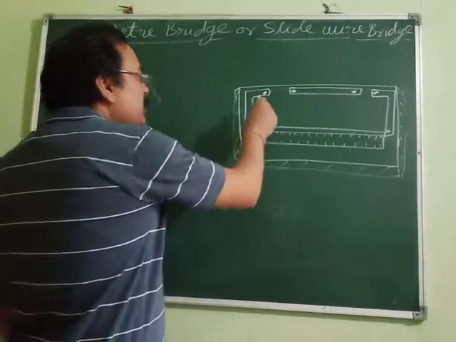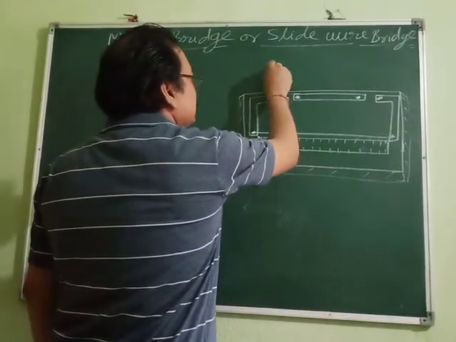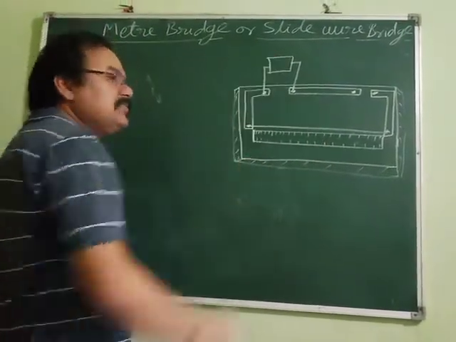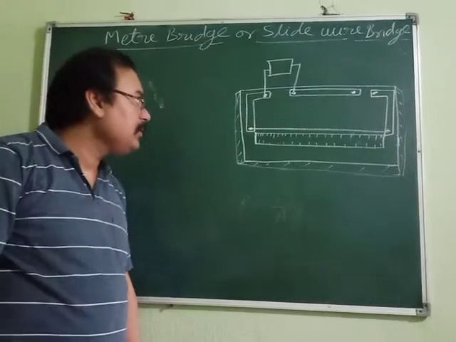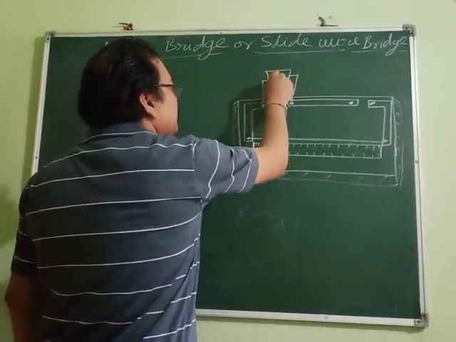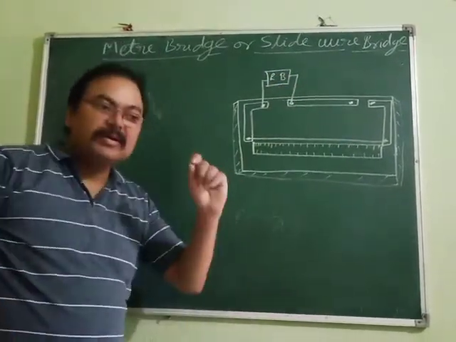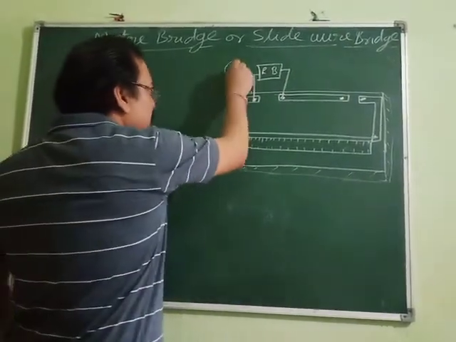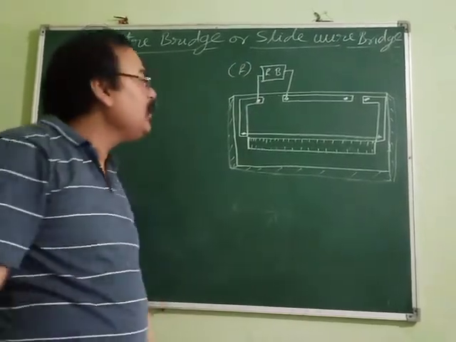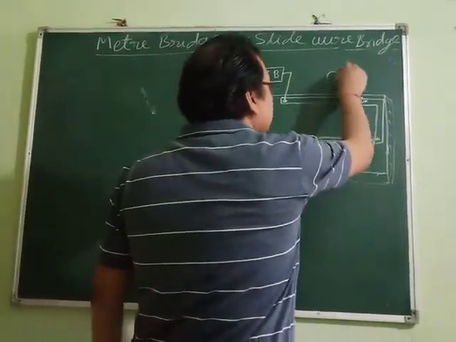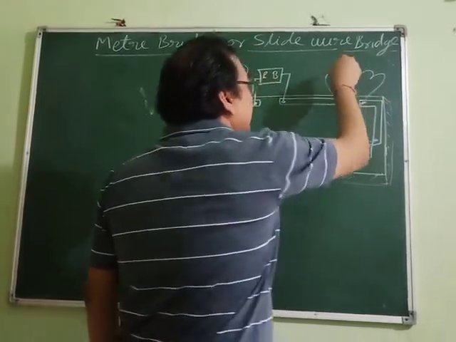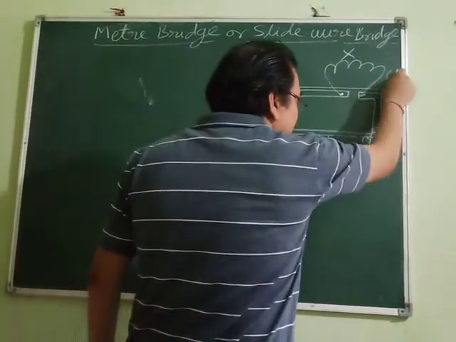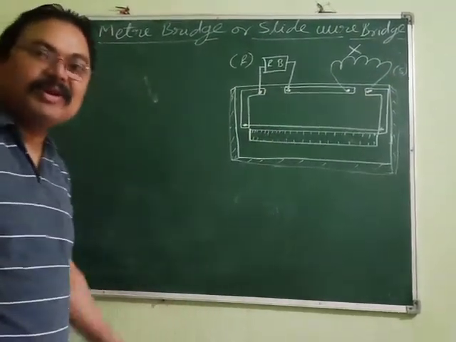What we do is connect here a resistance box, using which we can introduce whatever resistance we want. This is called the resistance box RB. Whatever resistance we introduce through this resistance box is known to us, so sometimes we call it R. We connect here the wire whose resistance we have to find out. We call it X because it is unknown. Actually, it is your S, according to the Wheatstone bridge.